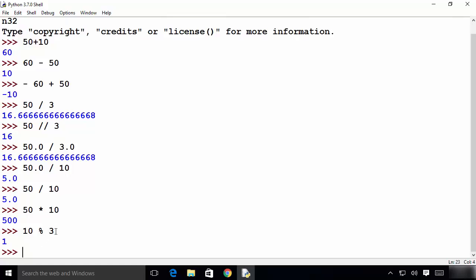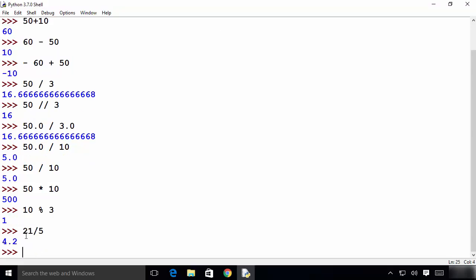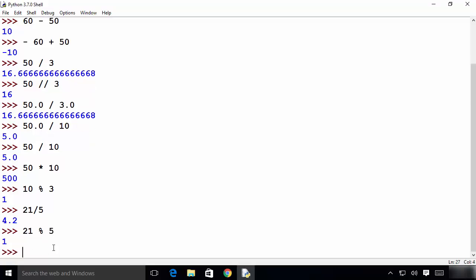So 3 multiplied by 3 is 9, which leaves the remainder 1, and that's the result we are getting. Okay, let's try it once again. For example, I will divide 21 by 5. It will give me the answer 4.2. But when I do 21 modulo 5 and then press enter, it's going to give me the remainder of the